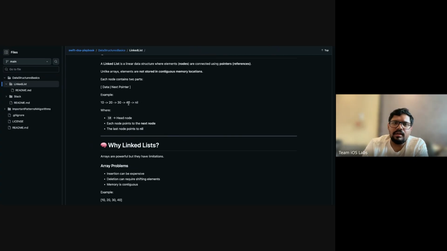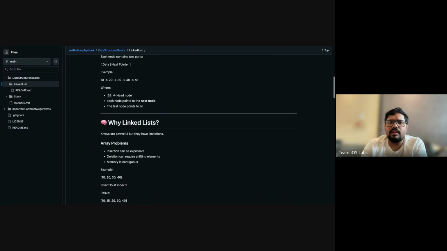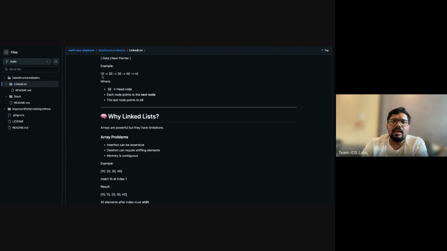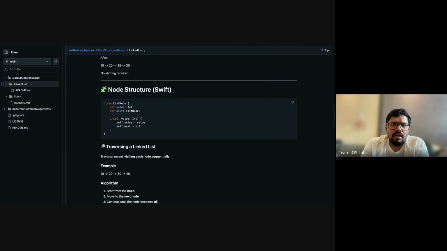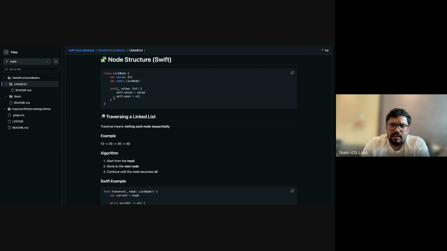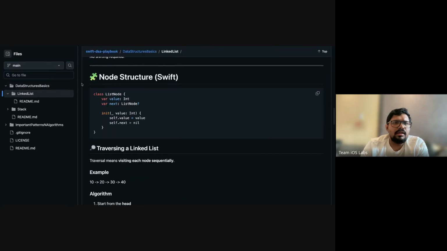So it starts from 10 and goes until 40, and then there is nothing next to 40. 10 is basically the head node. We call the first node the head node, and we always keep a head pointer on the first node. Whenever you traverse, let me show you the traversal. First, see the code. Normally, this is how we have a linked list implementation. Even though there are other ways, we'll talk about some basic implementation right now.